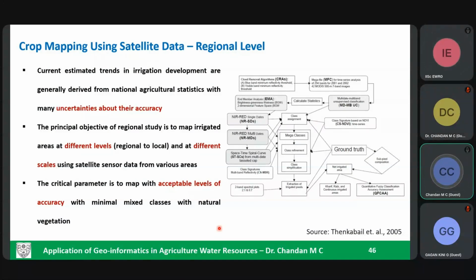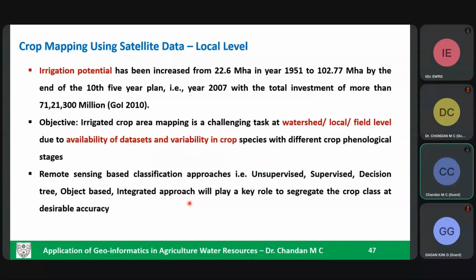So at the regional scale, ground truth has to be made, and we have uncertainties about the accuracy of how we classify the image, and also the acceptable levels of accuracy for the mixed classes. In India, we have a problem with mixed cropping types within 1 acre or 2 acre of a farming field. So at local level, how do we